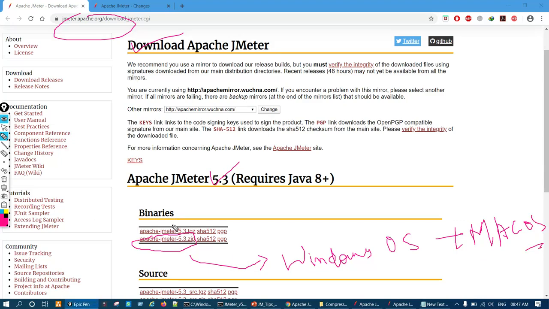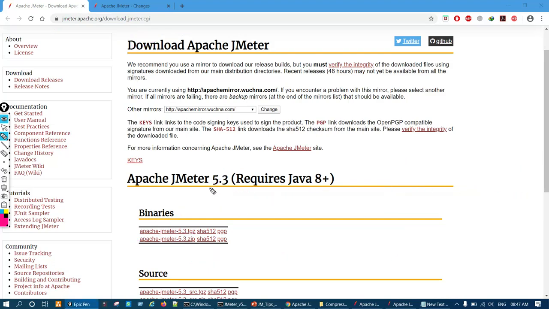The above link is for those using Ubuntu, Linux, or any Linux flavor. Simply click on it and it will be downloaded.